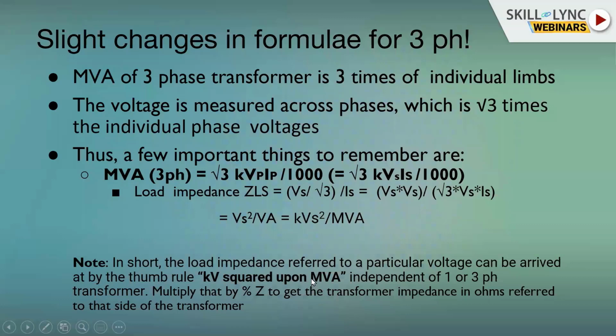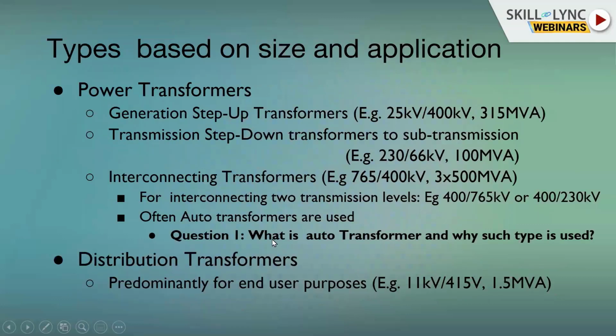And moving further, I've given some simple examples of how power transformers are used, what all the voltage levels are, what all the MVA are. It's all massive. It needs maybe 100 trucks to move a major power transformer from one location to the other. I don't have a picture to share, but you can always see. And it's a huge factory that we have across the world, with various companies manufacturing these transformers. It's a very exciting field.